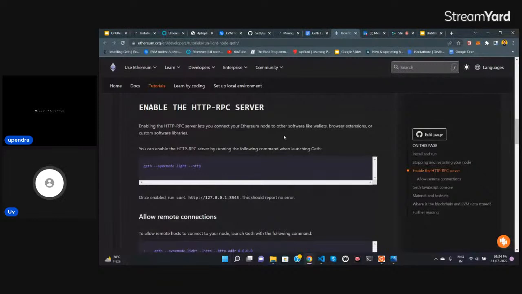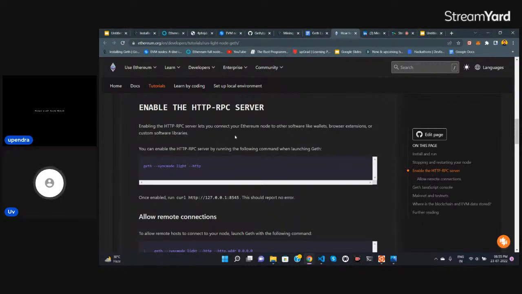It helps our node connect through wallets or browser extensions, like a mobile wallet, or browser extensions like MetaMask,